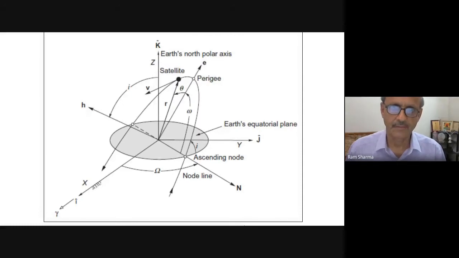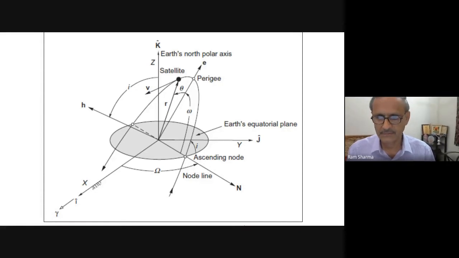So these are the orbital elements, and we can define them. Capital omega is in the XY plane, or Earth's equatorial plane. And then small omega, the argument of perigee, is in the orbital plane. True anomaly is measured from the focus, and that is in the orbital plane. And the radial vector R, measured from the center of the Earth, and at that point we have a velocity vector V. So these R and V will be known to us, and then we need to calculate all the other 6 orbital parameters. That is a task for us.